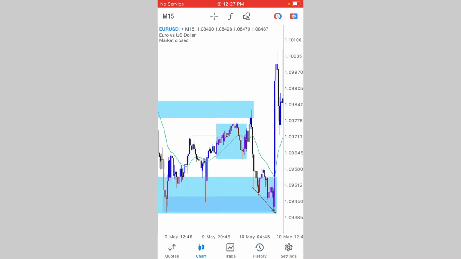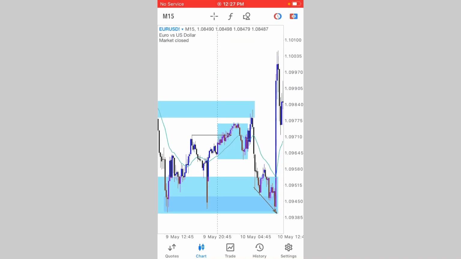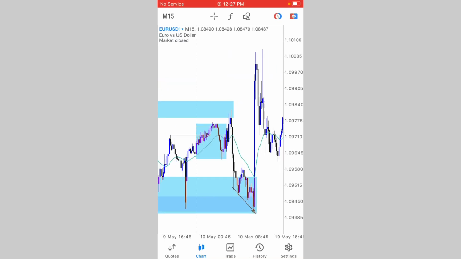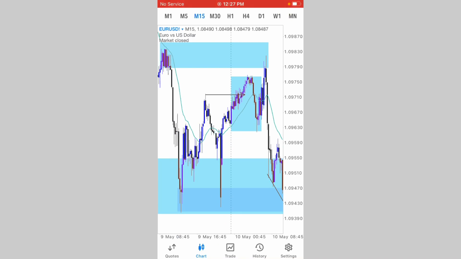So I'm going to show you guys the video of how everything works out in this strategy. And you can see that today is Saturday, the market is not really moving, and I have a little bad network, so I don't need a data connection to show you this because the data has already been printed. So let's get to